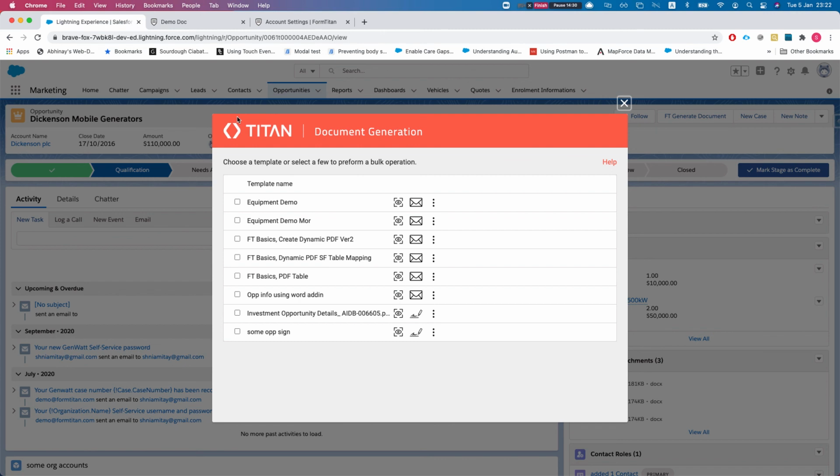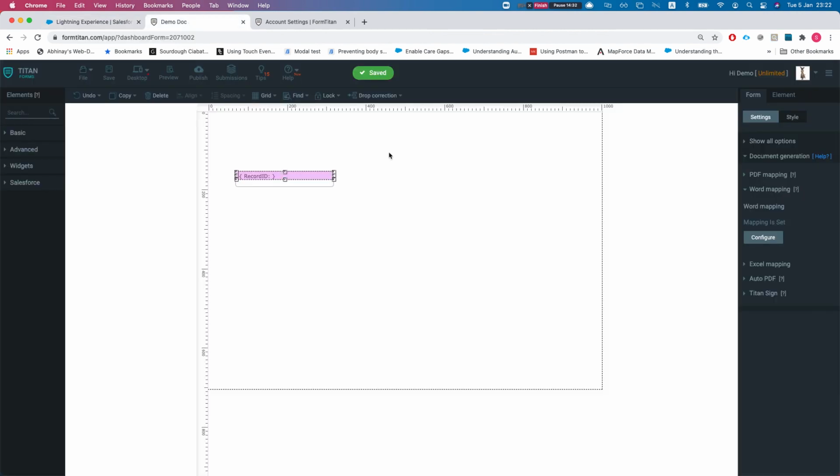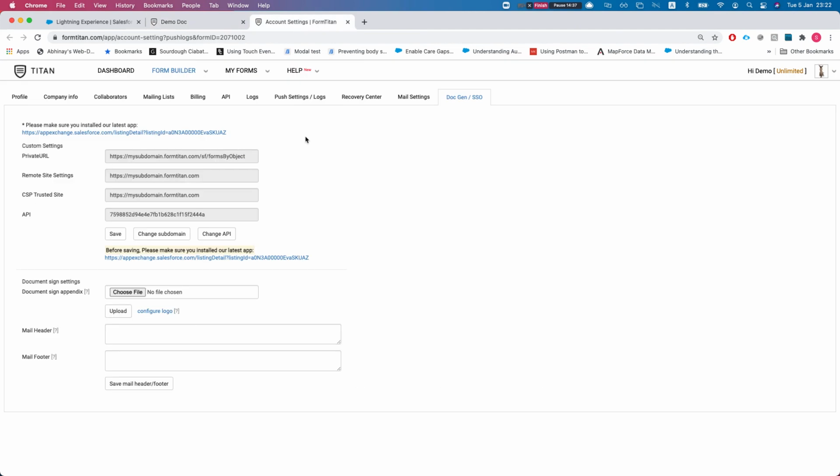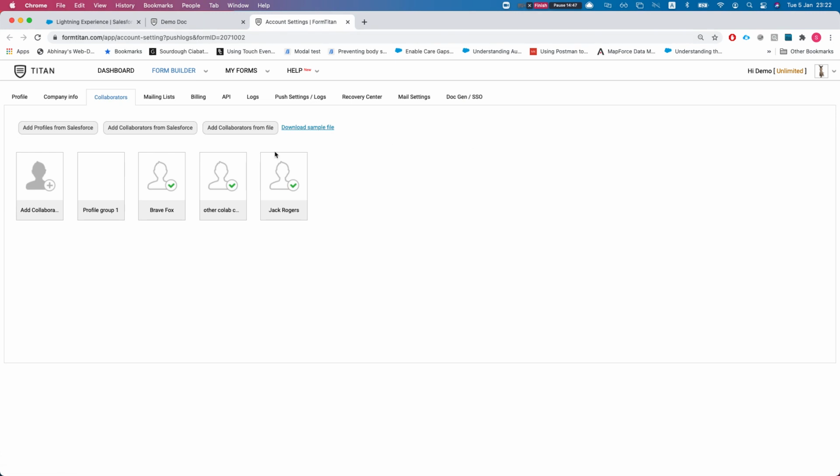template here. The reason for this is that for each form you create, each template, each document, you have to give Salesforce users access to it. This gives you a lot of power and flexibility over which documents you want to display to which users. So we'll head over to collaborators, and again, this is Form Titan, my account, and you can see I have a few collaborators over here and also a profile. So what this means is that I